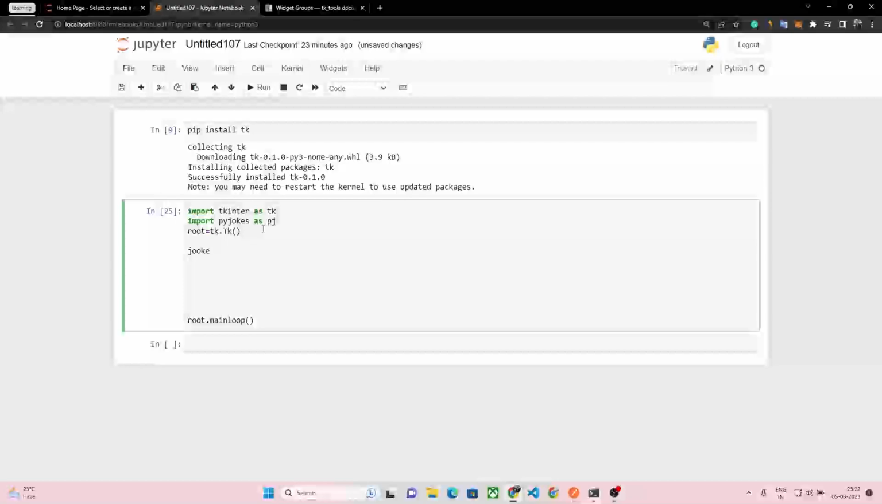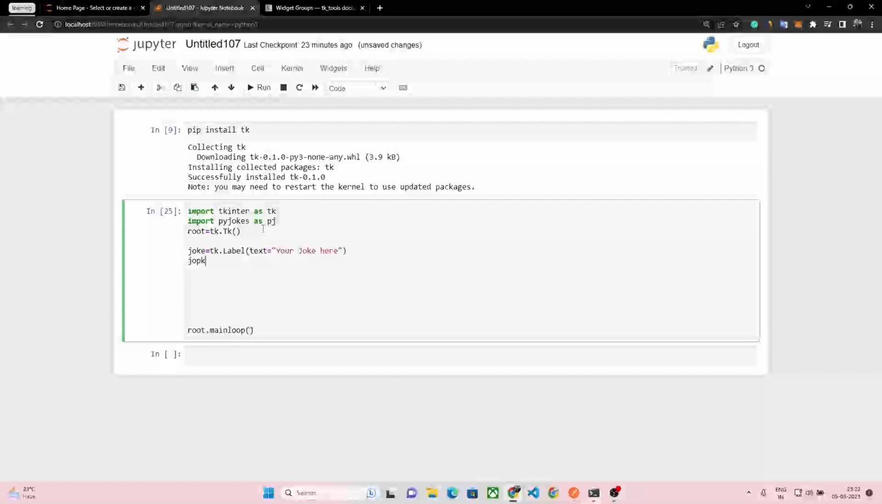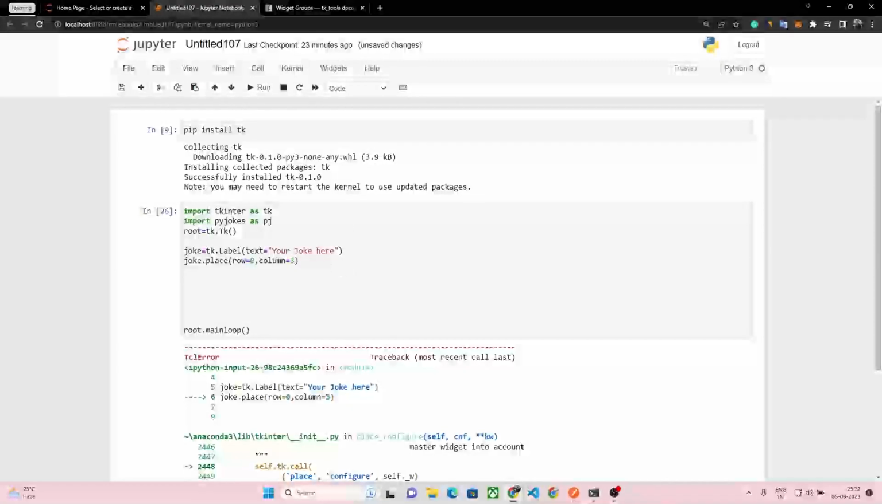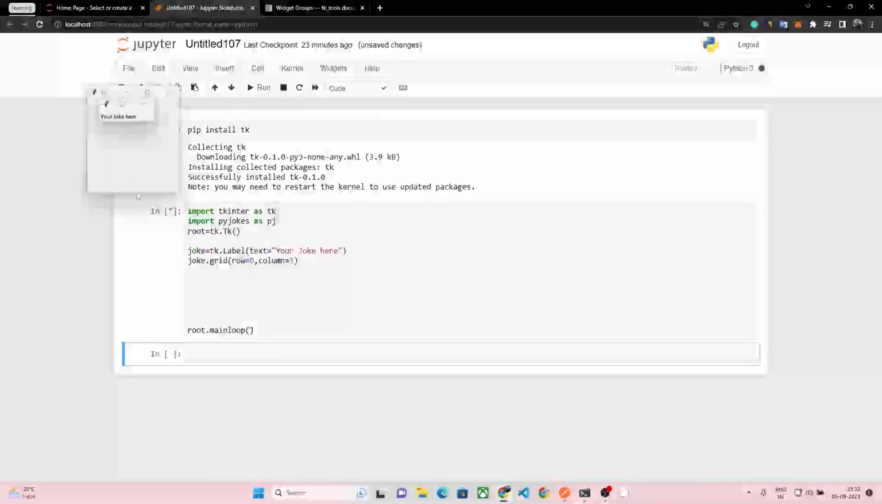Let's say joke is equal to tk.Label, and text is equal to "your joke here", and let's say joke.place, row is equal to 0, but the column should be 2, or let's say 3 this time. Okay, I'll run this. Instead of place I should write grid. Okay,